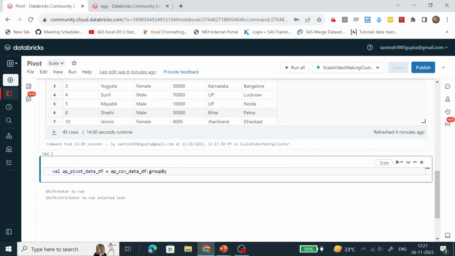On which column are we doing the groupBy? We are doing it on AP state. And on top of that, let's call this pivot function, and we are converting all the rows present in the AP gender column into individual columns. And then we are just doing the count.